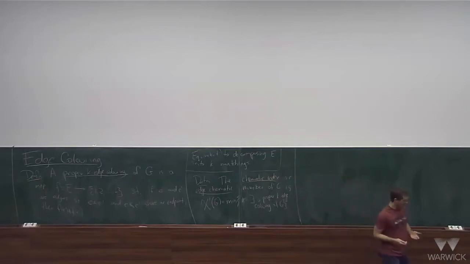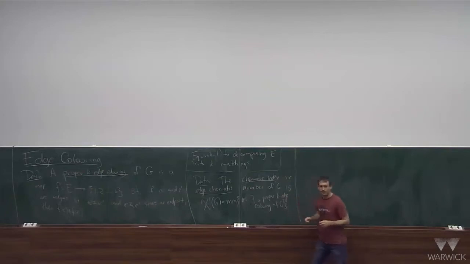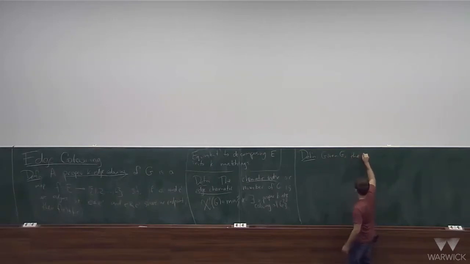Now, in a certain sense, this is a new concept, different than the vertex coloring that we've been talking about for the last few lectures. But in another sense, it's a kind of special case of vertex coloring. If you take the graph and you think about its line graph, right? So let me give this definition. Given G, the line graph of G